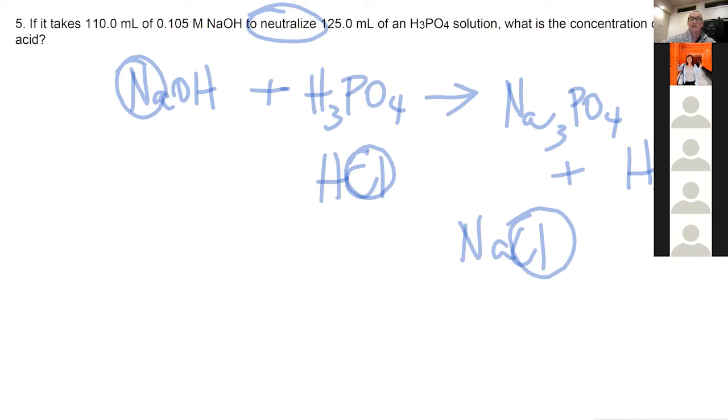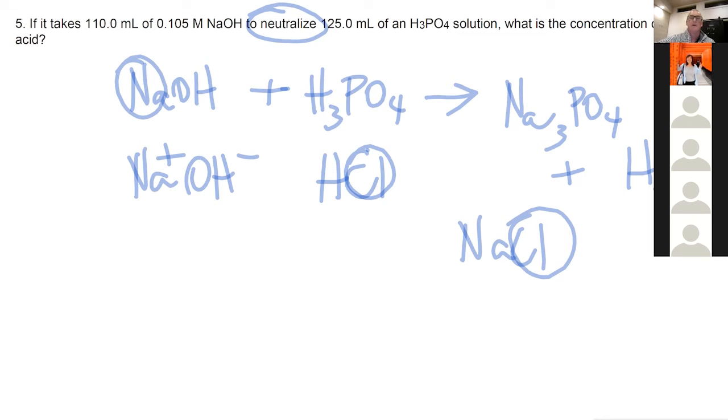But in this instance, they're not, because the sodium goes from being positively charged and associated with OH minus to being associated with phosphate. And it's closely associated with phosphate. It's basically stuck to the phosphate. It's still positive, but it's fairly associated with the phosphate. So you could say that the sodium and the phosphate ions are spectators, but I'm going to save that for